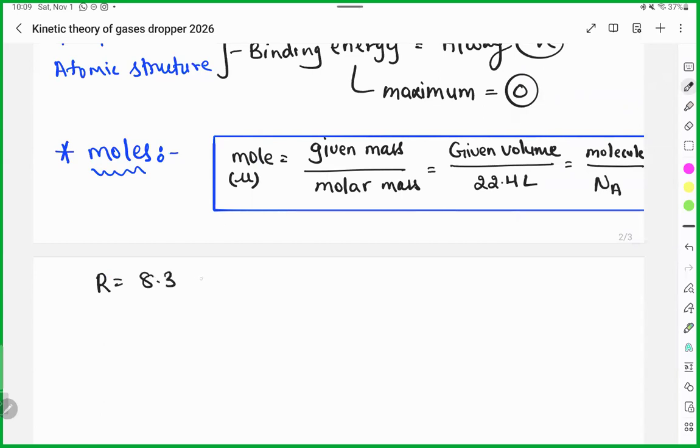8.3 unit. Joule per Kelvin per mole. Joule per Kelvin per mole. Are you sure? Yes, sir. Arpit, is this correct? Joule per